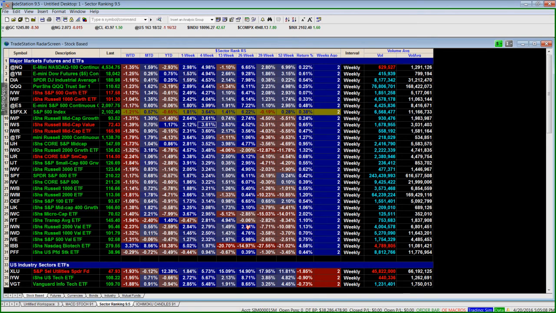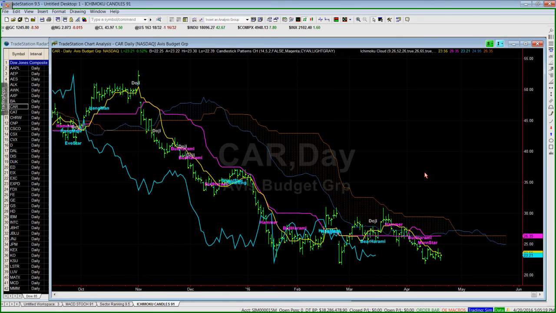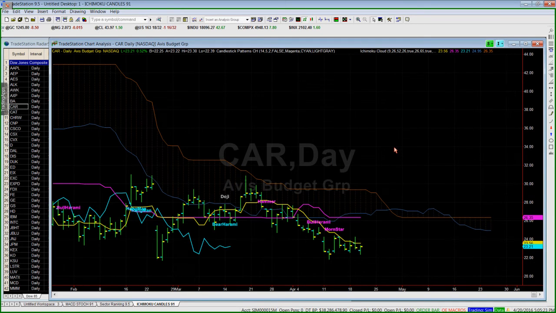One other quick one, I know I'm running a little bit over here, so just one more workspace that I want to show you, and that is my Ichimoku candlestick scan. I love the Ichimoku indicator and I love candlestick patterns. And so basically I have an indicator